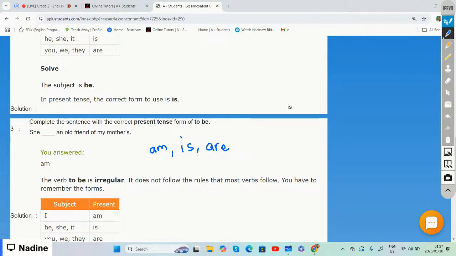All right, then if you were to choose the correct option, one person is. So whether it's he is, she is, it is. Well done. So she is an old friend of my mother's. Well done. All right, before we go on to our test,